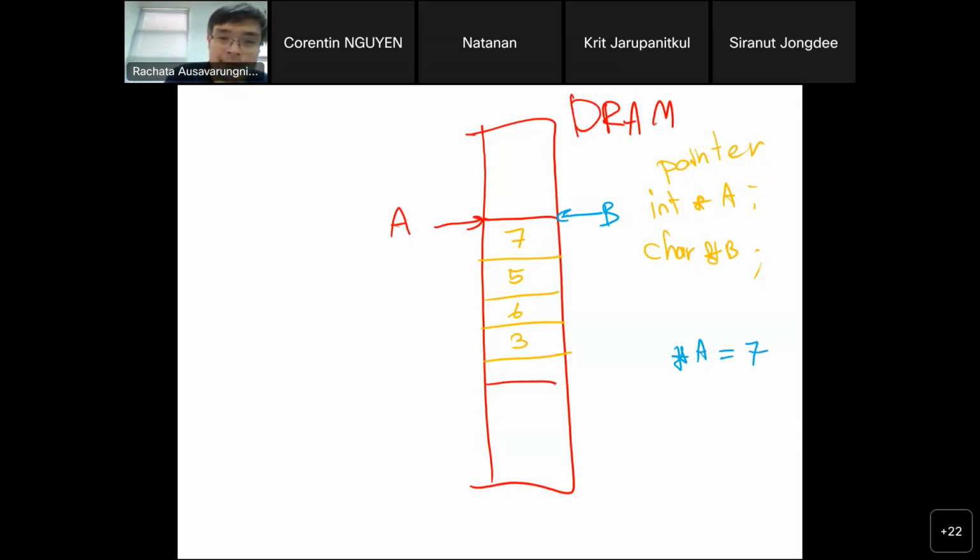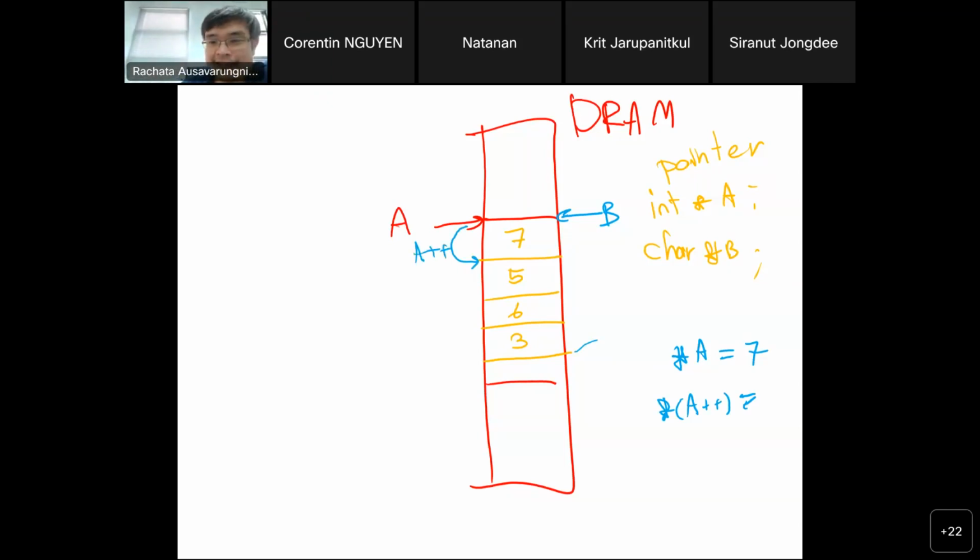All right, so if I do star A plus plus, this means that I first increment A, and then get the value. What is the number? I first increment A to move to the next item and then get the number. So this would be A plus plus.